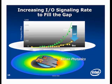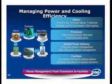Finally, there's power. Jay was talking about power. It's only going to get worse. Intel's doing the best they can at the interior levels, but there are issues at power delivery and cooling that you heard about earlier. Power's gone from being a background item to being one of your first-class budget items, right? Okay, so